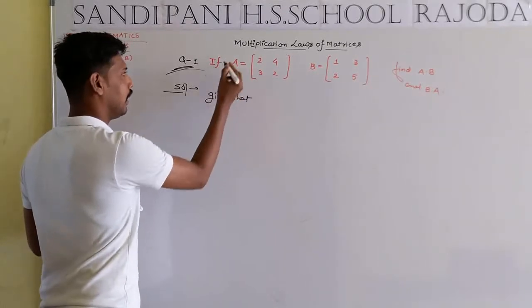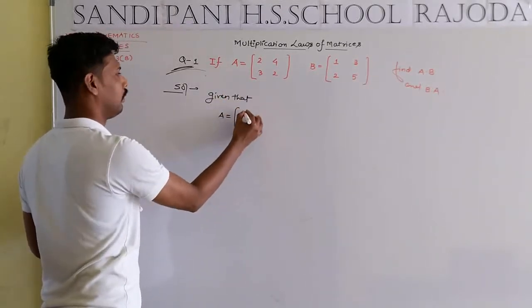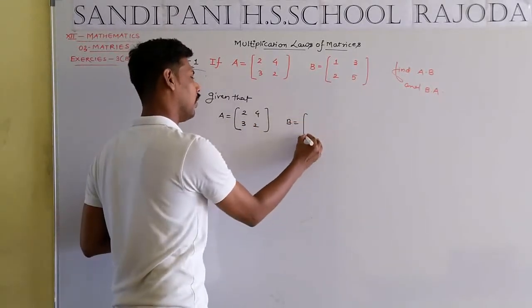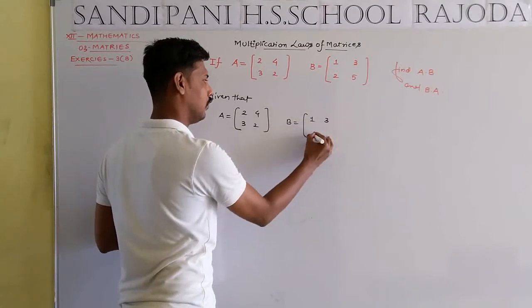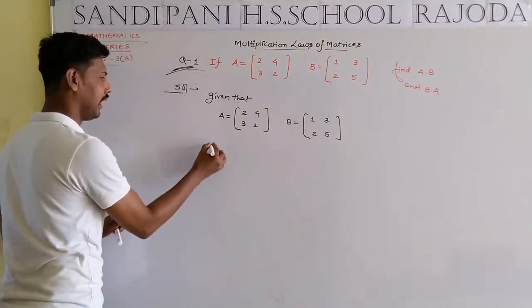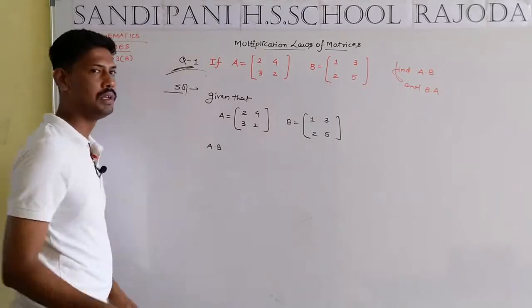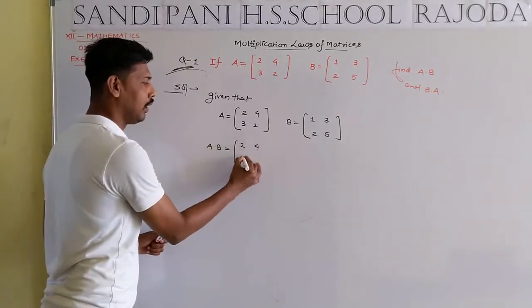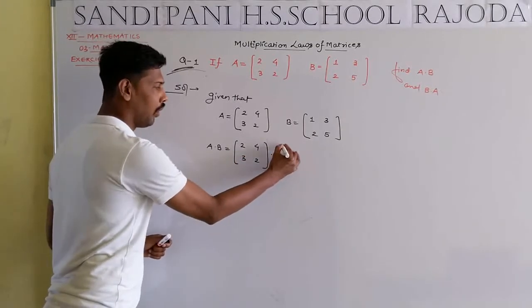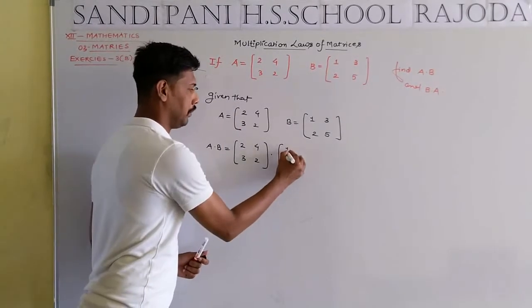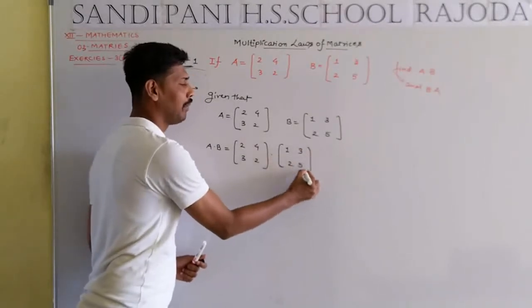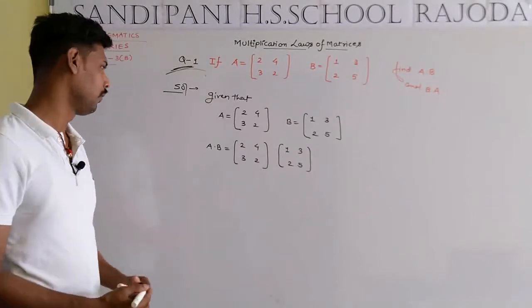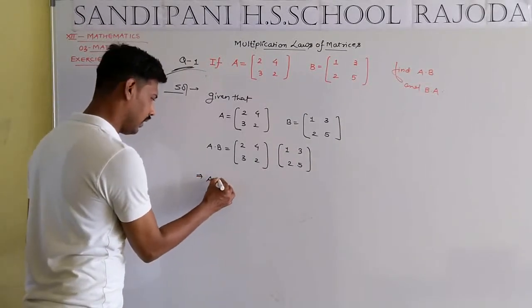A is equal to [[2, 4], [3, 2]] and B is equal to [[1, 3], [2, 5]], and we have to find A dot B. What is the meaning of A dot B, student? A dot B means matrix A multiplied by matrix B. But between matrices, we don't use the dot as a multiplication sign. Now A dot B will be equal to